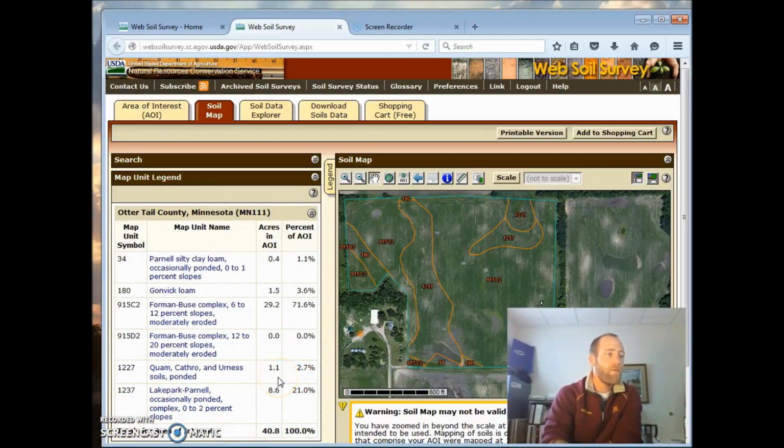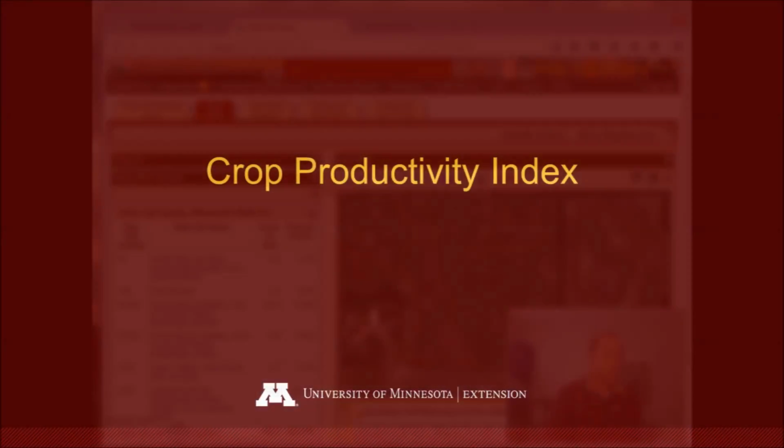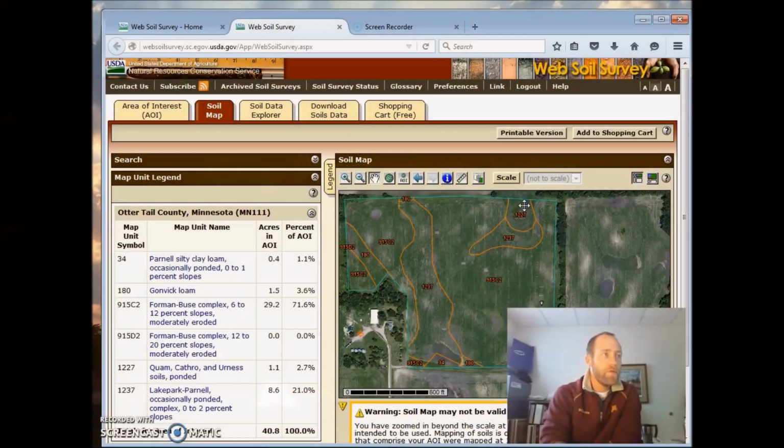So that's the first function, and then the map shows the same. So that Foreman-Busey, that 915C2, that is this area here, and then you can see the other soils that make up the field. After you've taken a look at your soil map, I would head over to the Soil Data